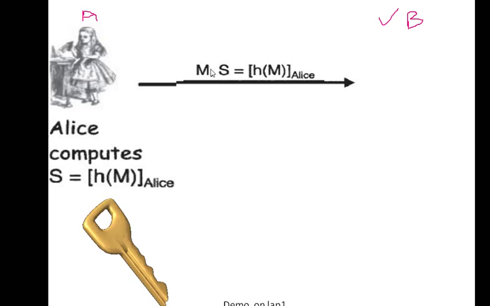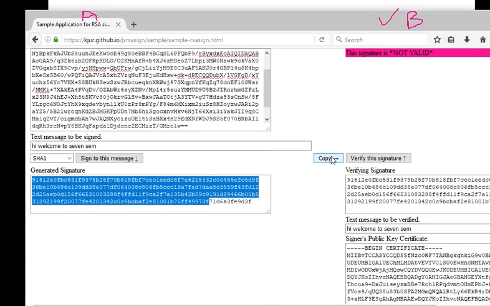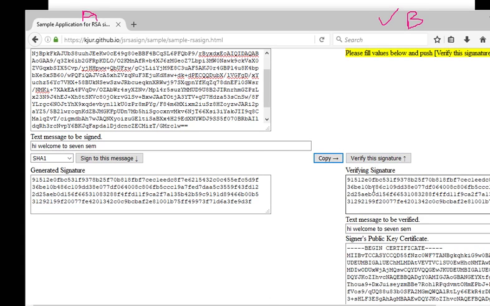What is she sending? Message and signature. The signature includes the hash value and the message, from Alice. So I am copying here. Here the signature or hash value is there, and the message is here. Is it clear? Okay.